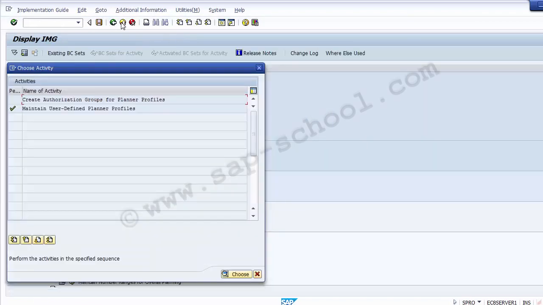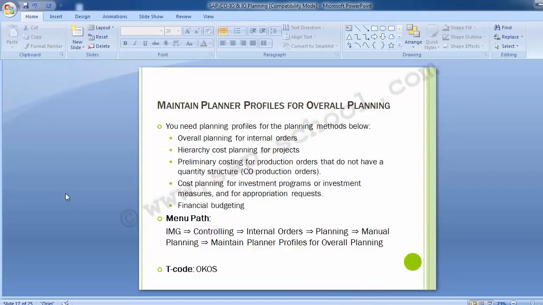So this is how the first step of the internal order planning configuration has been completed. Moving to the next configuration step, which is maintain planner profiles for overall planning. In this you need planning profiles for the planning methods as below: overall planning for internal order, hierarchy cost planning for projects,